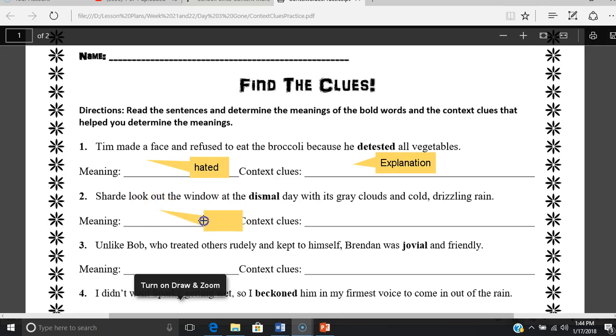So I'm going to assume that dismal means nasty day, okay? The context clue that I used would be explanation again, because it explains what would be happening on a nasty day or a dismal day. So the context clue that I used here is explanation again. Moving on down,